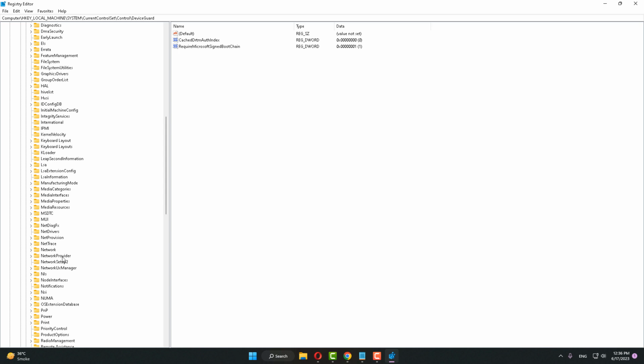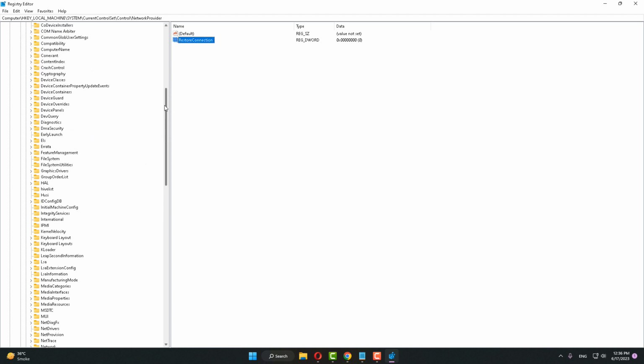Now here is Network Provider, select it, and after doing this step, right click on New and select the 32-bit value and set the name as RestoreConnection. R is capital and C is capital. So select it and open it and make sure that the value data is 0. Click the OK button, and after doing this step,